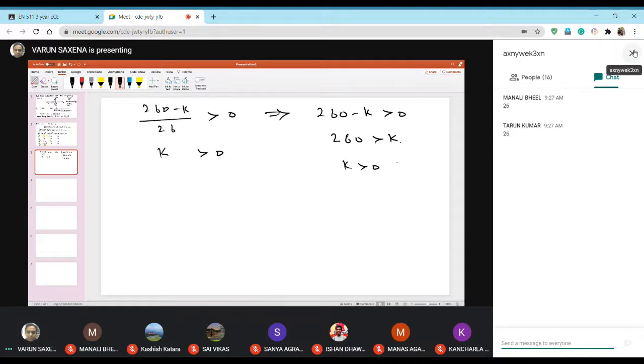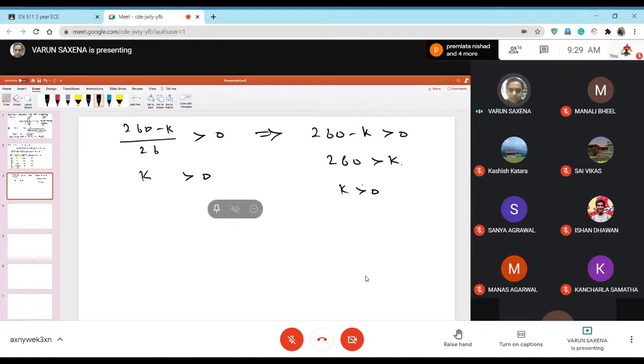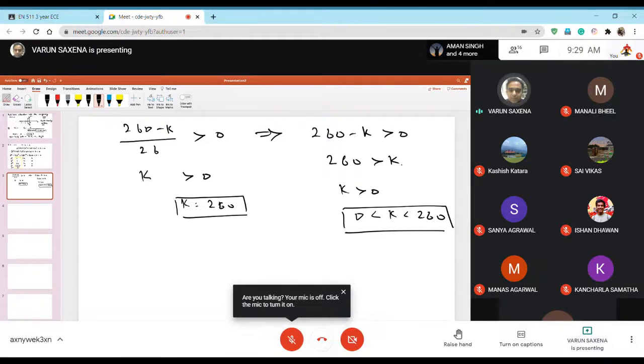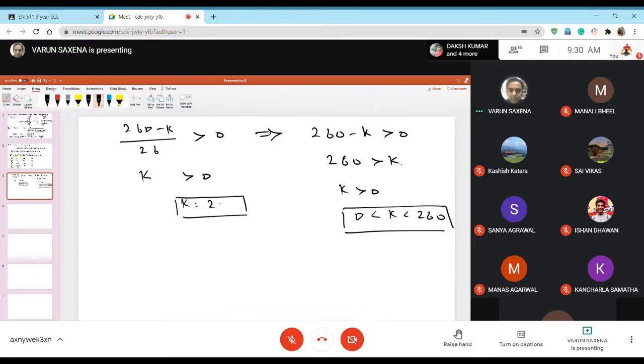So K greater than 0 is okay. So what is the range in which things will work? You know that for K equal to 0 to 260, the system is going to be working in the stable condition. System will be stable, but we are trying to find the limiting value. So of course it cannot go beyond 260. So K equal to 260 is the limiting value that you can attain. And beyond this value, your system will actually become unstable. So this is what you get from Routh-Hurwitz criteria.